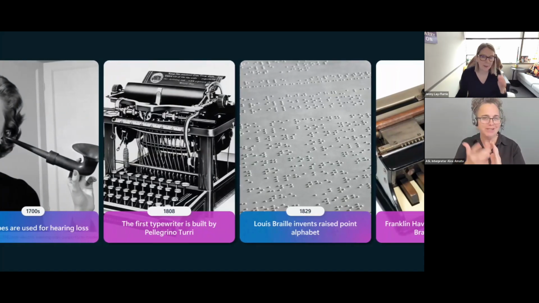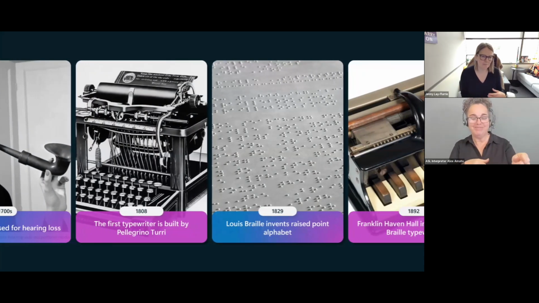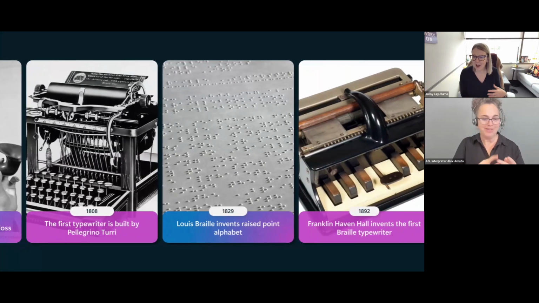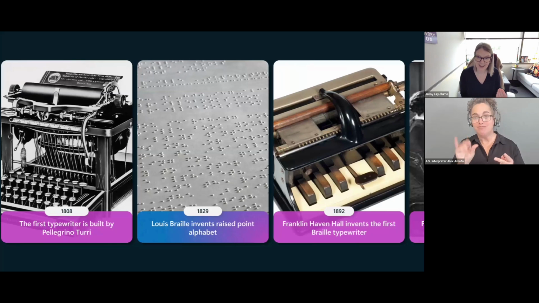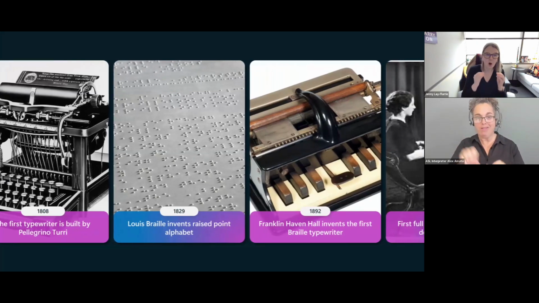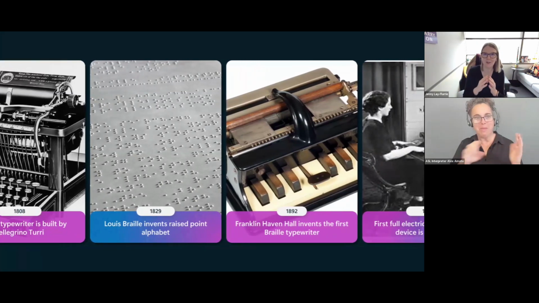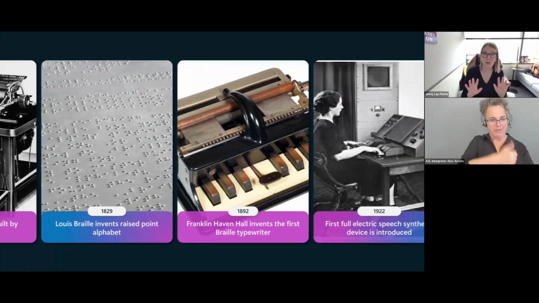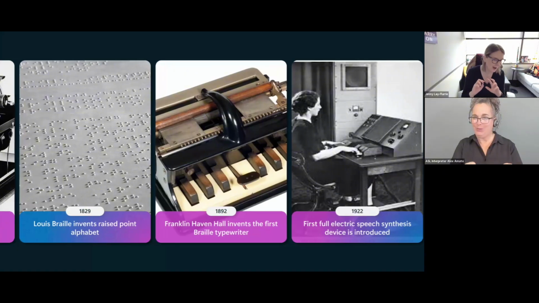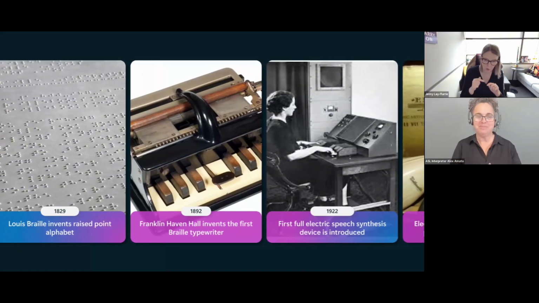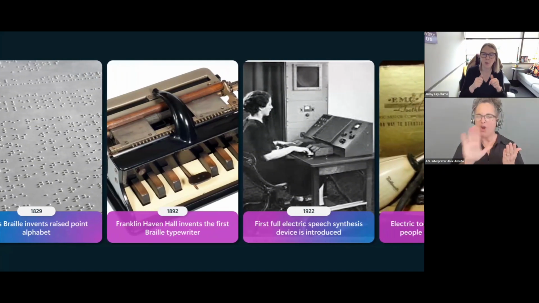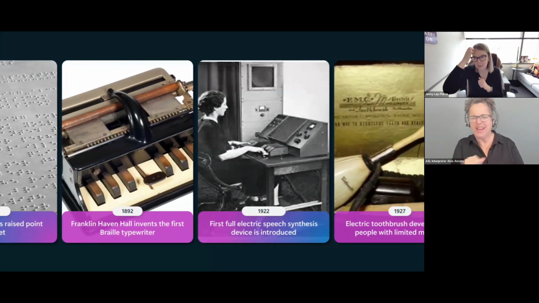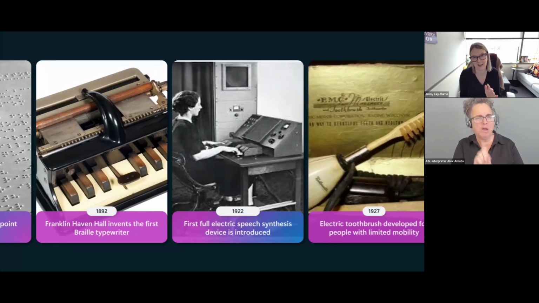And I have put up a slide that includes things like, my goodness, the first typewriter, Louis Braille, the first Braille typewriter. I'm looking at old pictures as I go back into where accessibility came from. And by the way, this is really fun to do. Instead of doom scrolling, you want to spend some time just pulling up any AI and asking about the history of accessibility, you will find fascinating